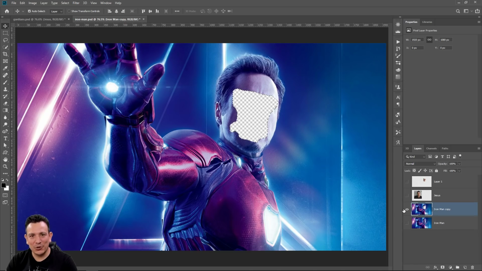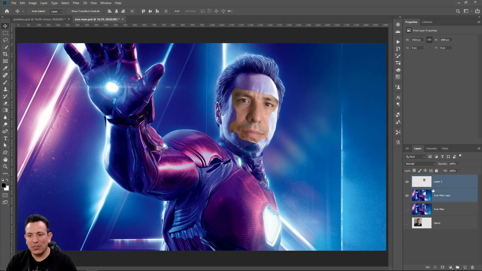I'm going to press Control D, Command D to deselect to get rid of that selection. And I'm going to bring that layer down and this one down as well. So at the very top, I just have 2 layers, my face and the Iron Man poster with the hole. So I'm going to select both layers. You can hold Shift and click on the layers to select them. And then I'm going to go into Edit,